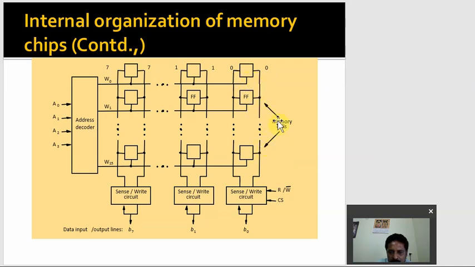All these are called memory cells. So that will consist of the sense, read and write circuit, the read and write operation. This will be called word line 1, word line 2, word line 3, 4, like that. Finally this has been connected to an address decoder. With this address decoder we are performing that operation.